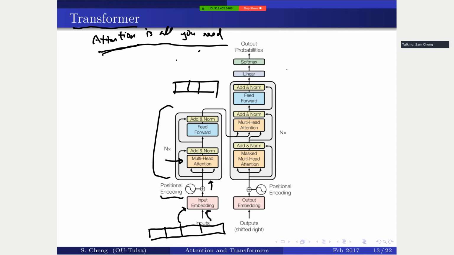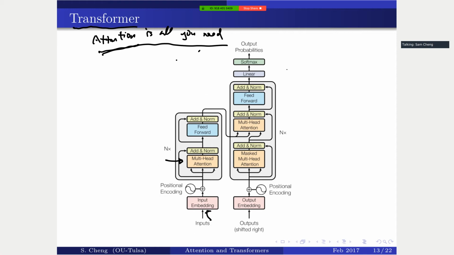Now, if I go back here and start from the beginning, as I mentioned, multi-head attention is probably the most important component. If you look at this one here, after you have the word embedding, a representation of your input sentence, what we are going to do here